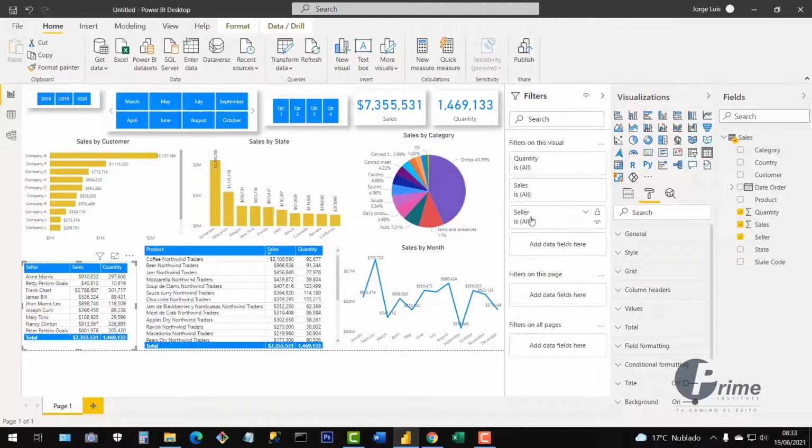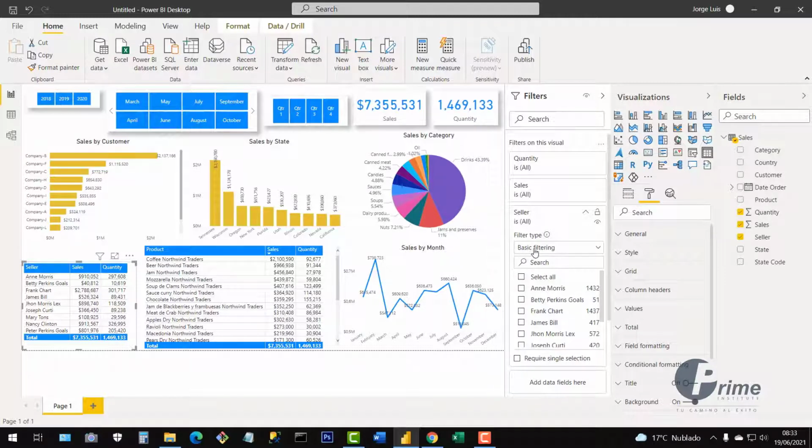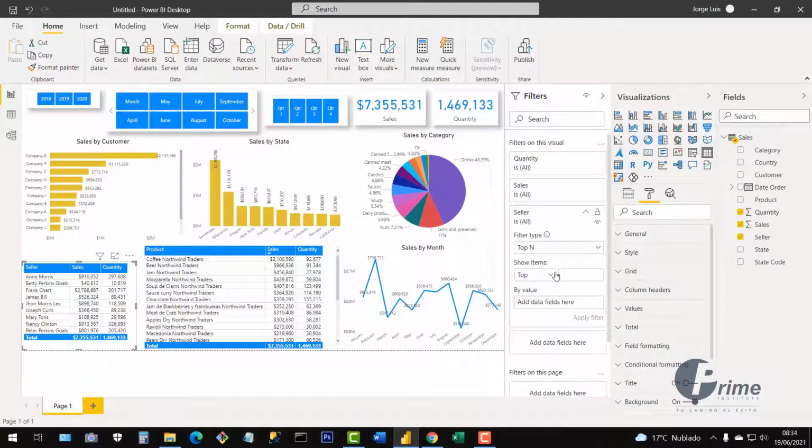Here it says seller, and now here we choose this basic filtering and we change it. So here at top end, when we change it, this option Show items was activated down here. I can choose the worst ones, or those that sold the least amount, or those that sold the most, and I want to see the top. So it also says add data. So to activate this